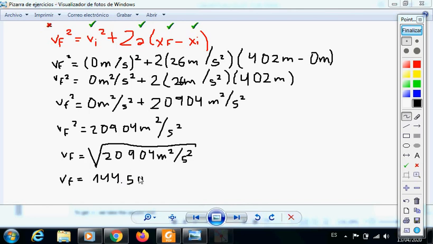Now, what about the unit? This square goes with the root, and also with the second. This square goes with the root. Meters per second. The answer